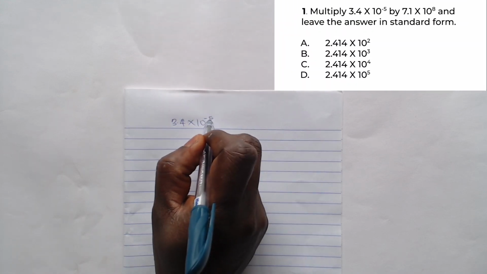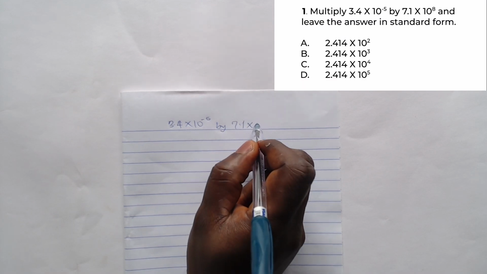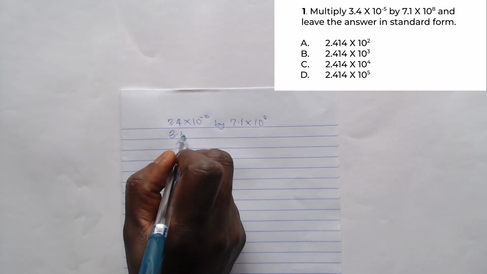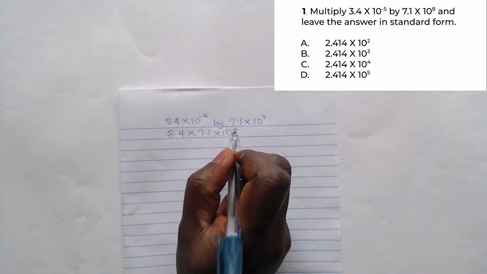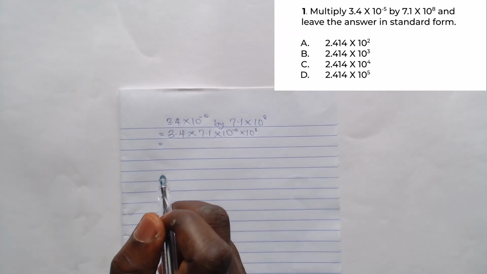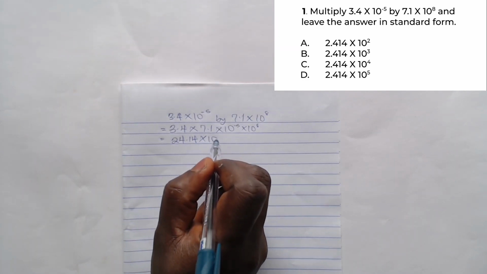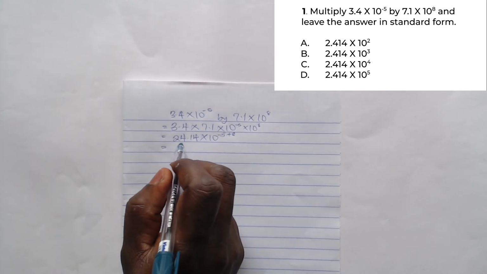Question number 1, you are to multiply 3.4 times 10 to the power minus 5 by 7.1 times 10 to the power 8. This is very simple and straightforward. So you are going to have 3.4 times 7.1 multiplied by 10 to the power minus 5 times 10 to the power 8. When you multiply 3.4 times 7.1, you are going to get 24.14 multiplied by 10 to the power minus 5 plus 8 according to the law of indices. This one is the same thing as